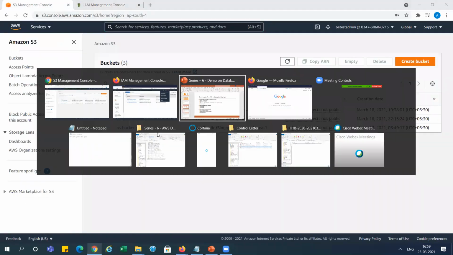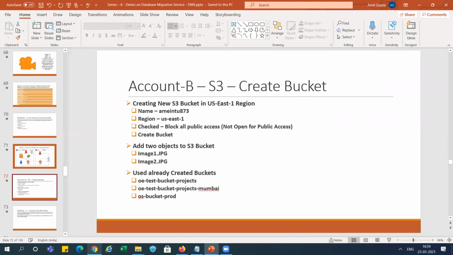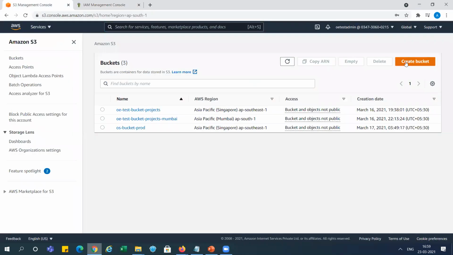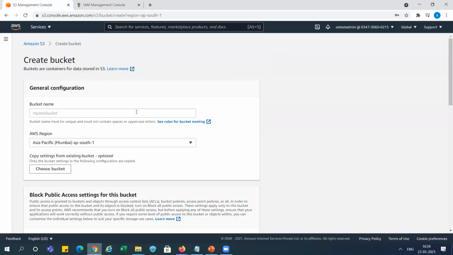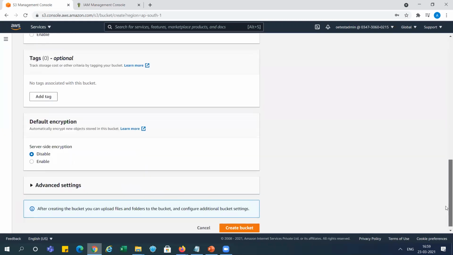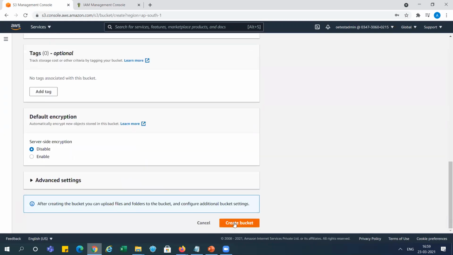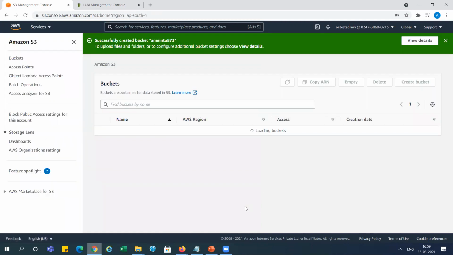Going back to the PPT, in account B we will create one more bucket, 72873. I am creating one bucket in account B that will be accessed from account A, using the default settings.